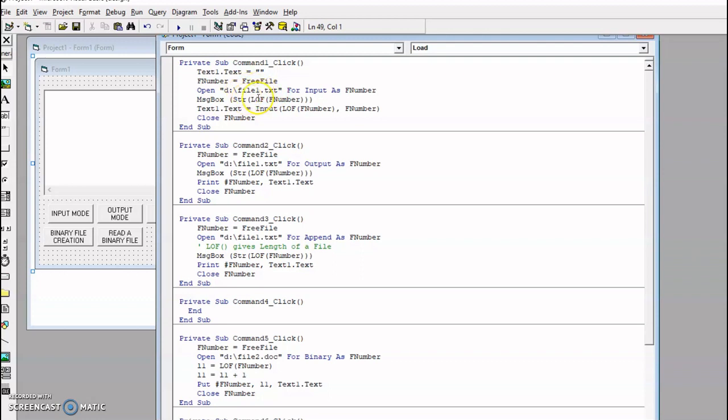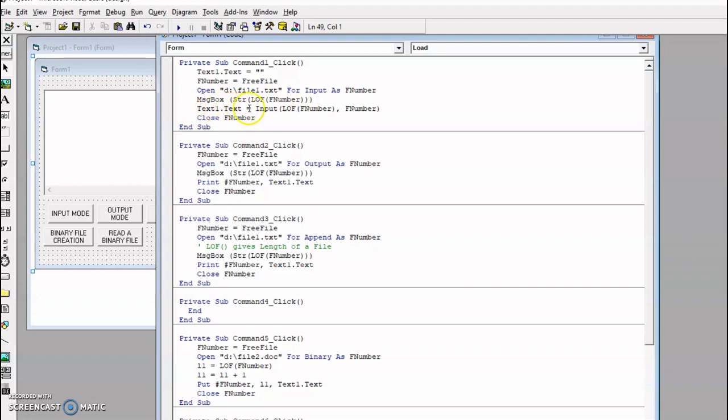To get the size of this file, we can use LOF of F number, and basically this will be in the integer type. So to display the output, we have to convert it into string, because the message box statement will display string contents only, so the byte information will be converted into string type by using this statement.